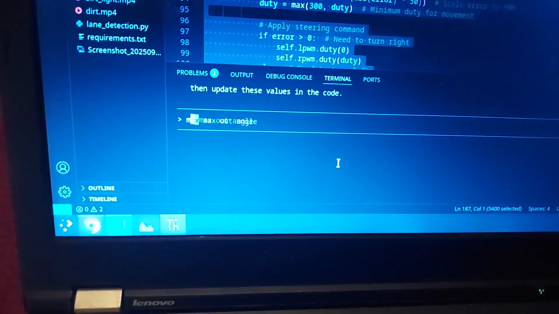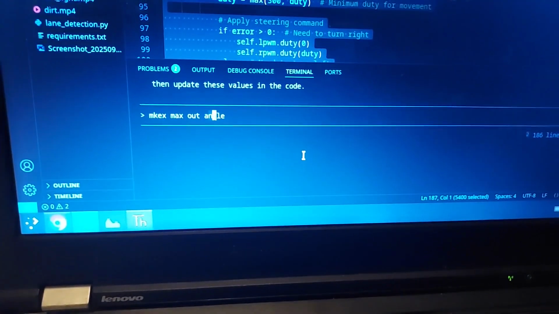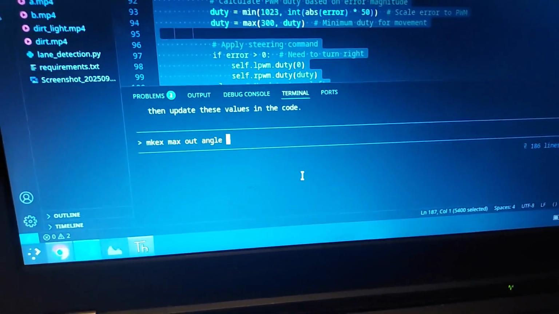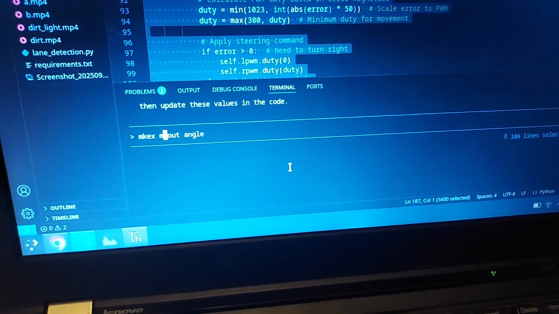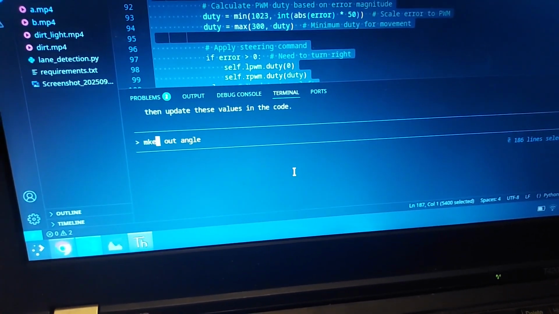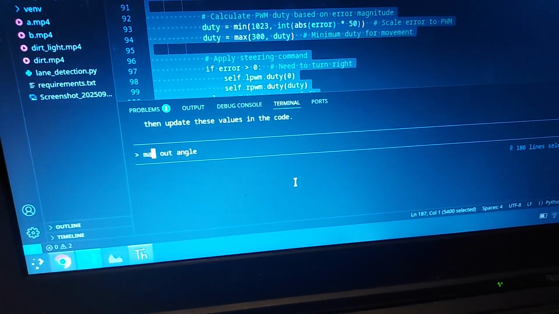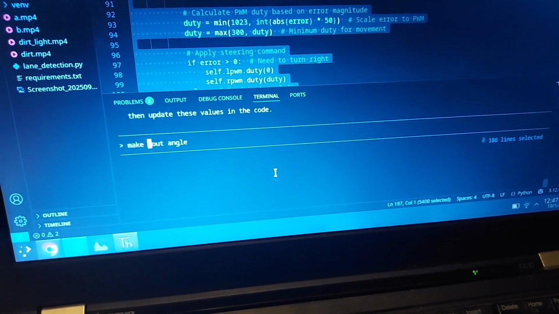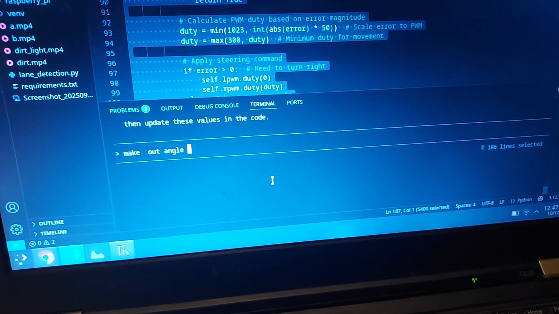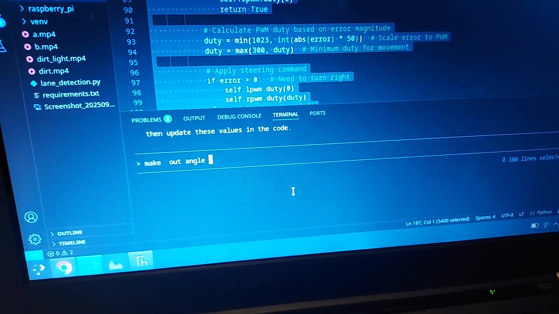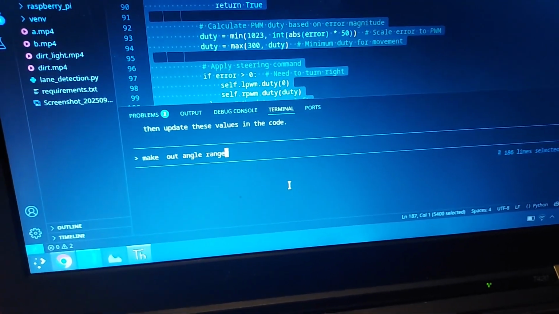Make, M-A-K-E, max out angle, or I'll just say angle range is less typing. Make out angle range